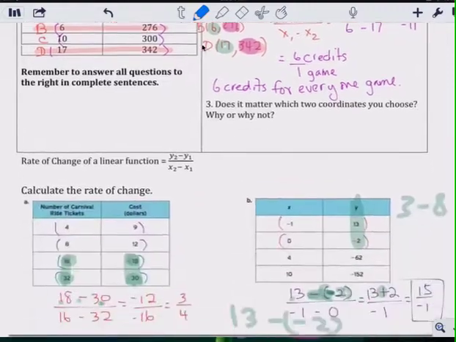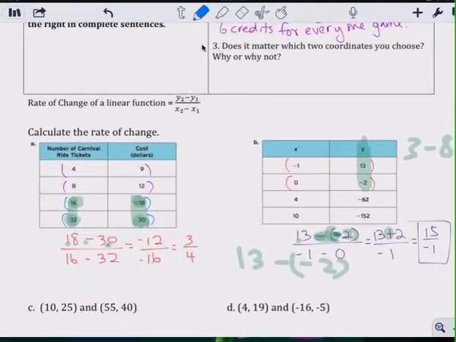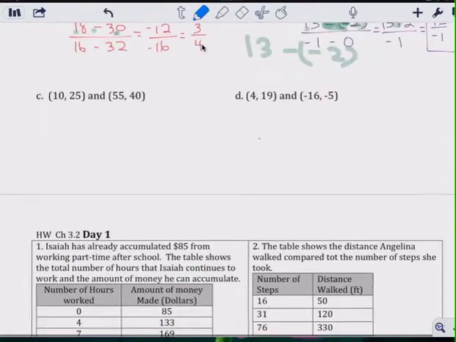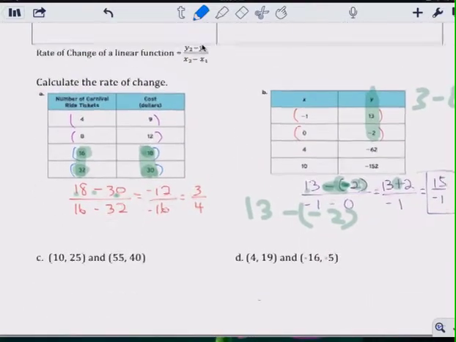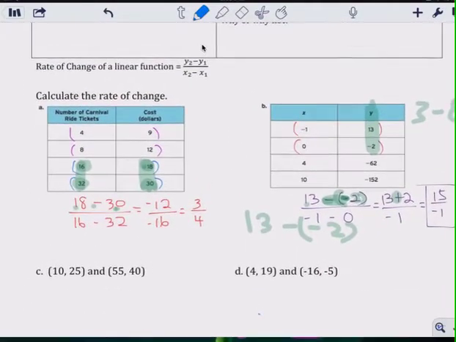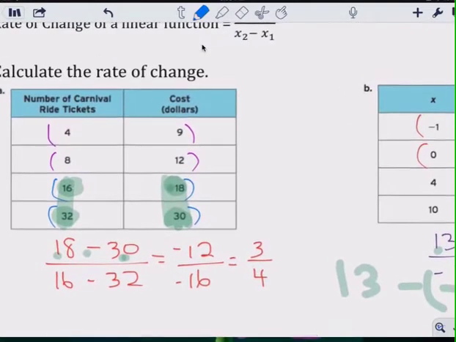Class, and they were supposed to finish this for homework, and the back. Okay, so what I did here for problem A is I took these ordered pairs, took the 18, subtracted from the